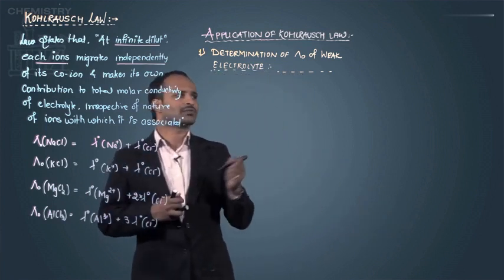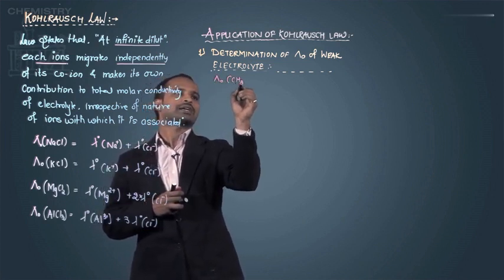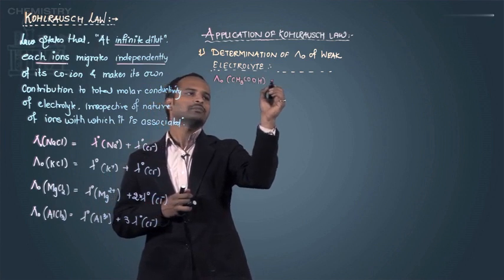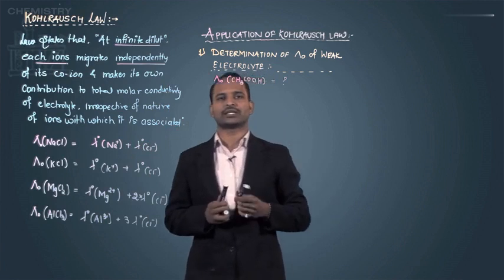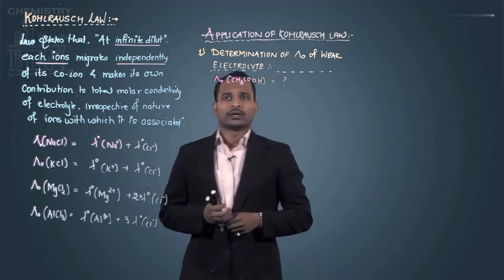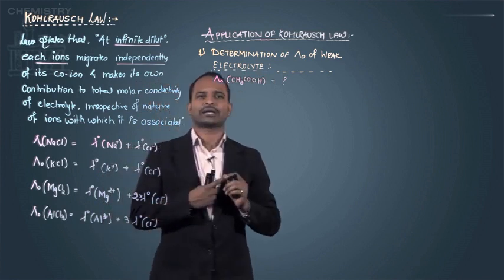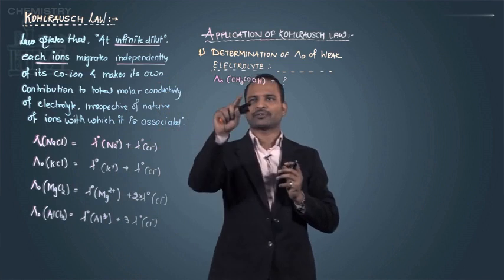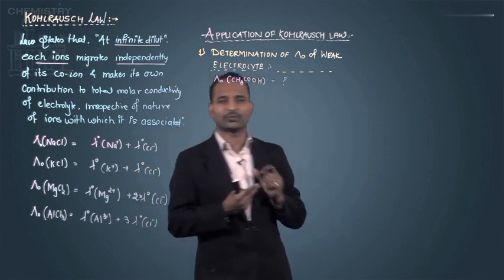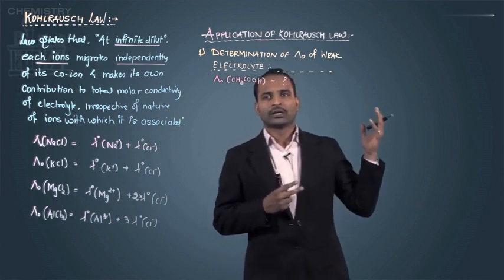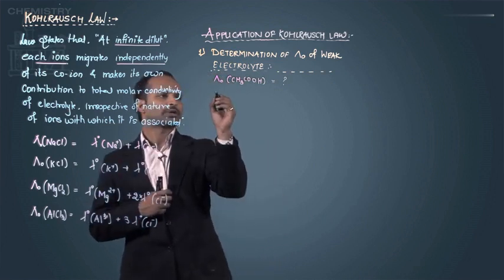So suppose here I just want to know the lambda naught value of acetic acid. Acetic acid is considered a weak acid, and its molar conductivity is to be determined. Being a weak acid, it is going to be a weak electrolyte. So to get the lambda value of this weak acid, we will consider some strong electrolytes and measure their molar conductivity from the graphical method. So the strong electrolytes which are required here, the first one is